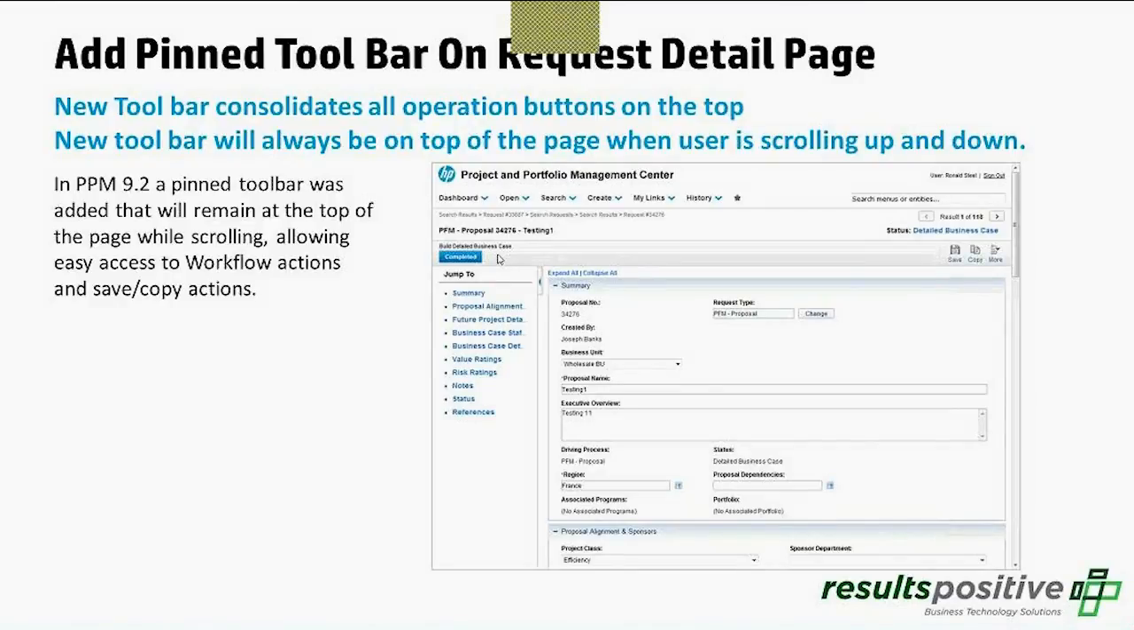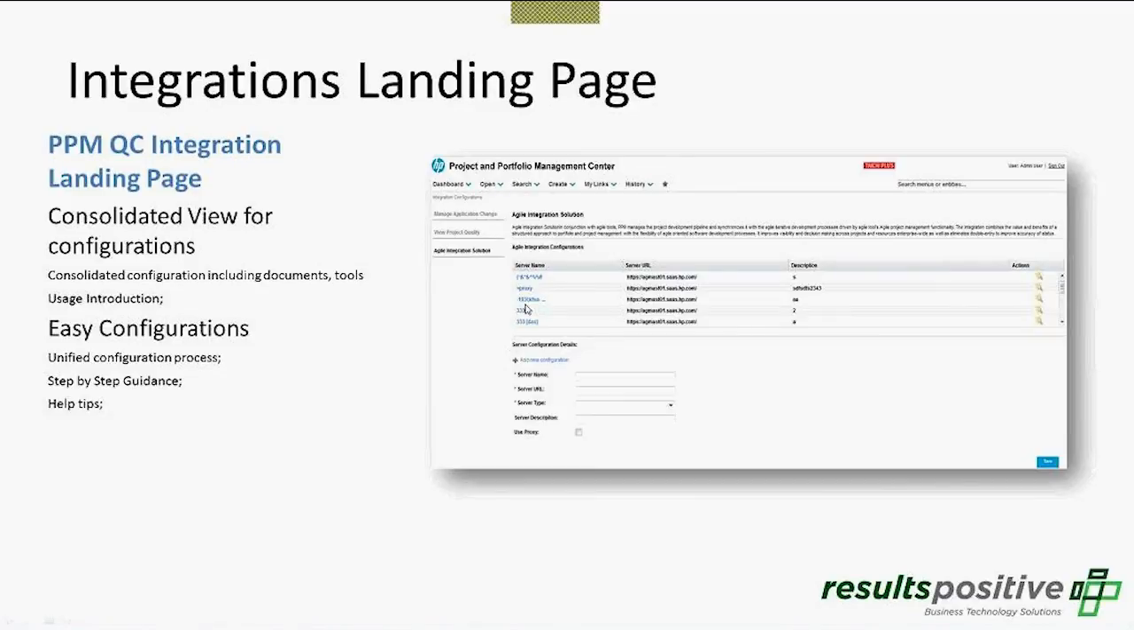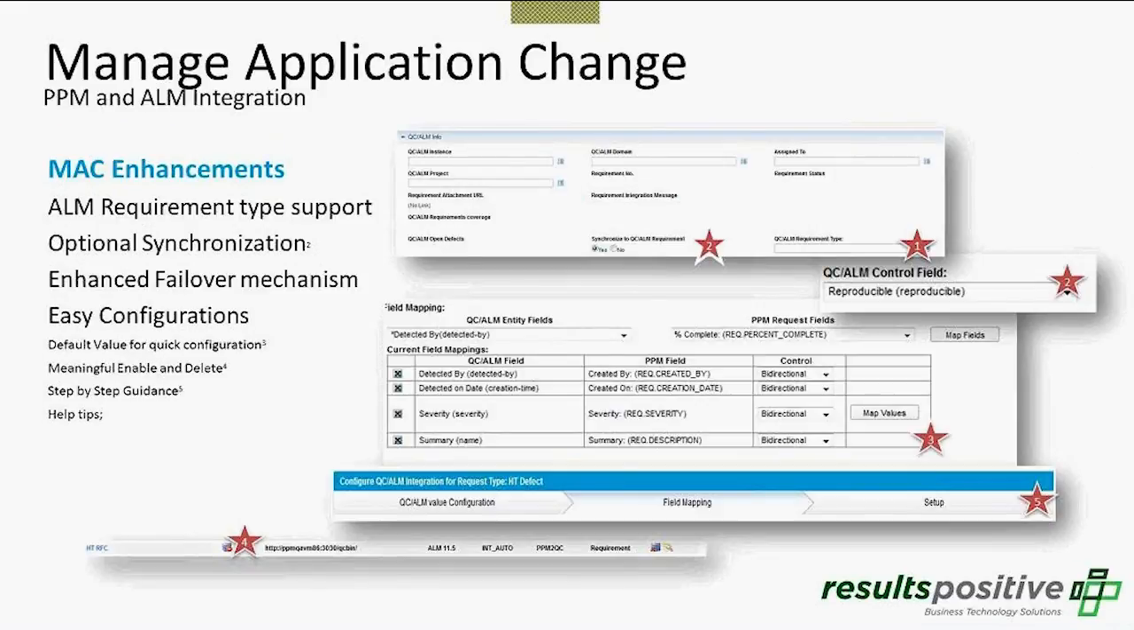So we talked about the new toolbar, and this is a screenshot of it, but this toolbar here remains pinned as you scroll up and down within the request details, and they also added this jump to section here. Talk about the integrations landing page, and I'll go through this when we go through the demo as well. So I'm going to spend just a short amount of time on the slides because I want to get into the demo. And then the setup of the integrations is all now within the UI for the ALM and the